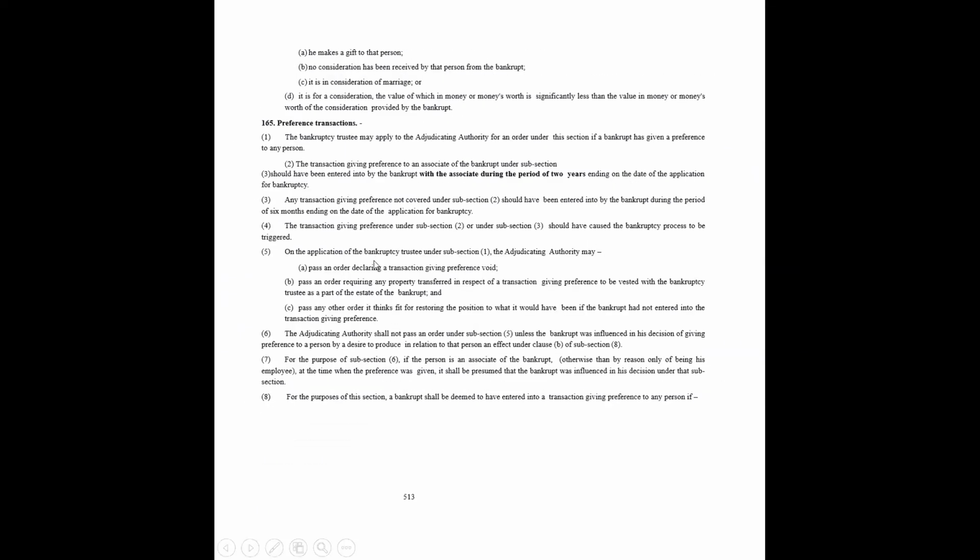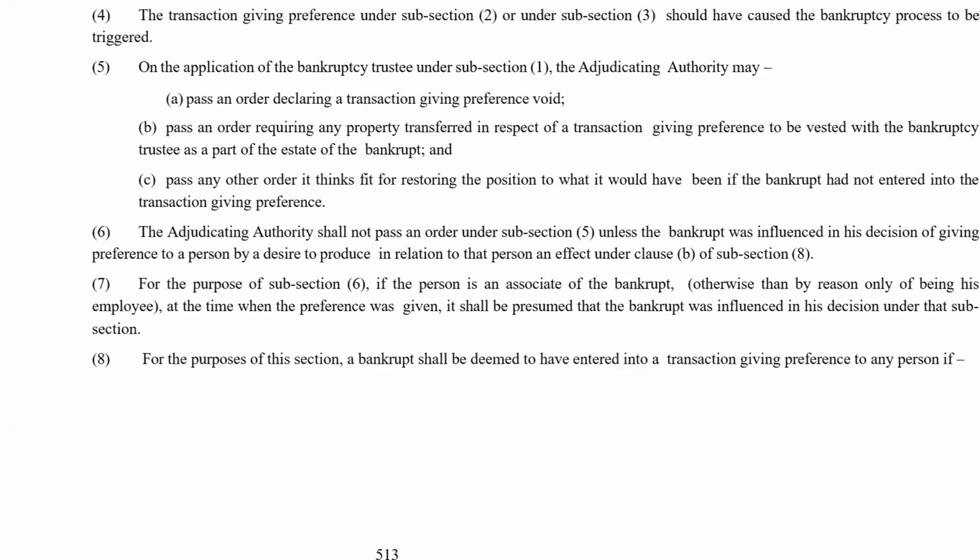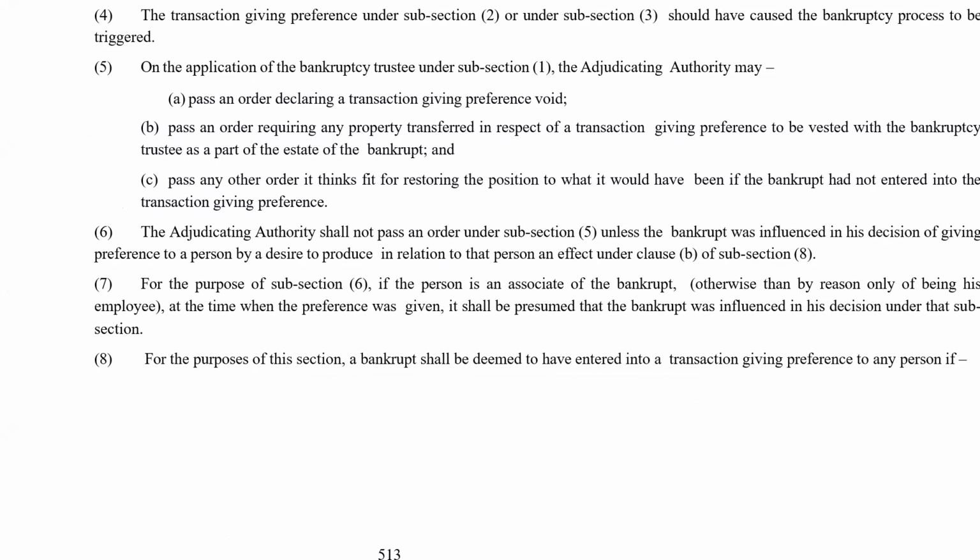और 7 क्या है? For the purpose of subsection 6, if the person is an associate of the bankrupt, other than by reason of being his employee, at the time when the preference was given, it shall be presumed that the bankrupt was influenced in his decision under that subsection. ठीक है, तो अगर ट्रांजेक्शन रिलेटेड पार्टी के साथ है तो देयर इज ए प्रिजम्पशन यहां पर।